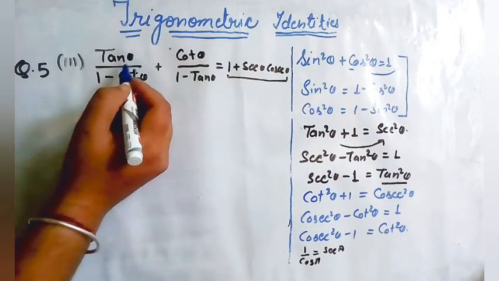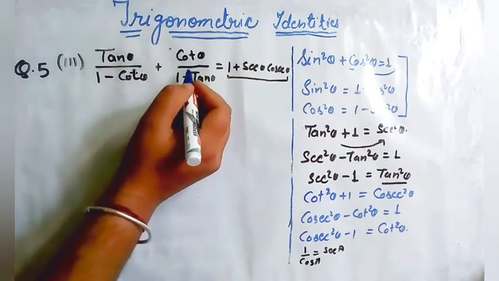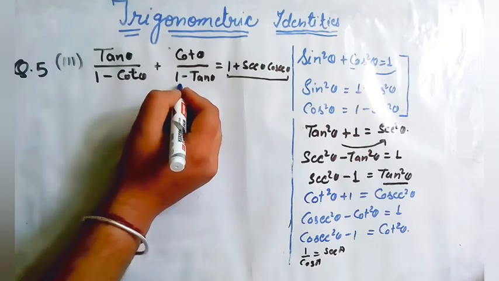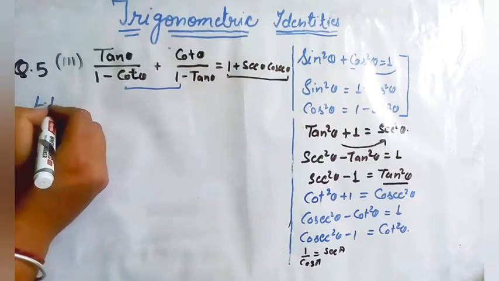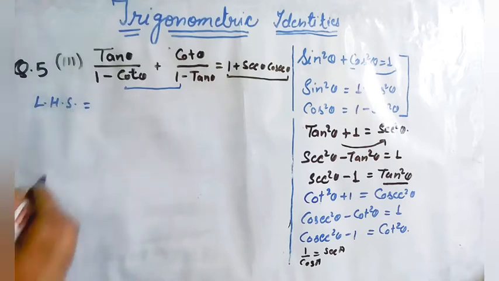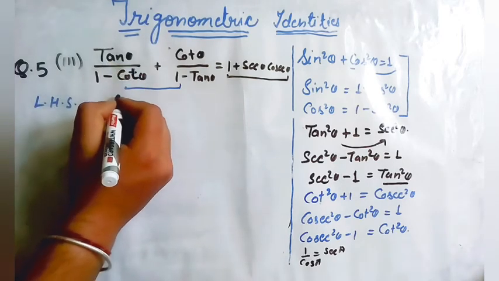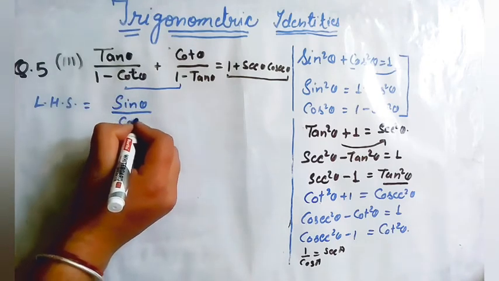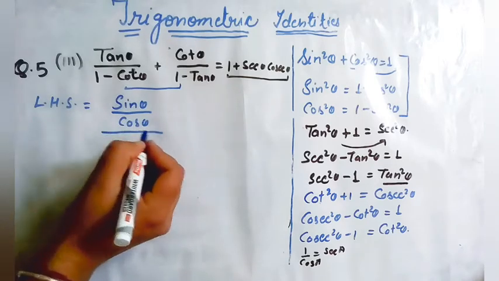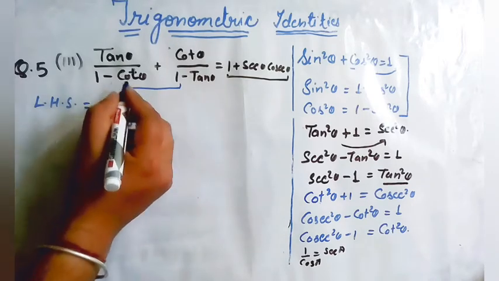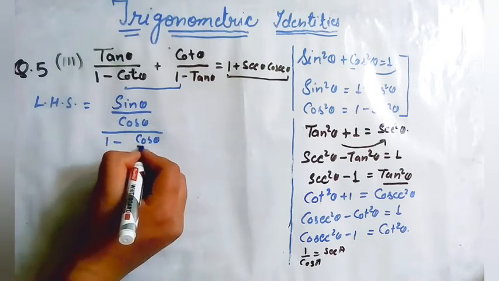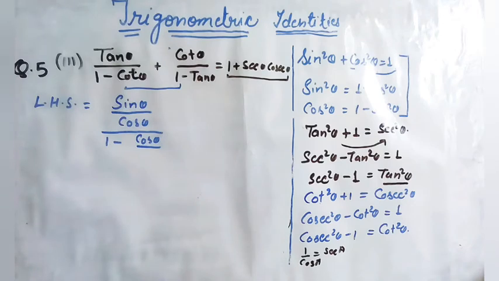So the next question is tan theta upon 1 minus cot theta plus cot theta upon 1 minus tan theta equals 1 plus secant theta cosecant theta. So remember, here first of all we have to convert them in the form of sin theta and cos theta. So tan theta can be written as sin theta upon cos theta, whole upon 1 minus cot theta, which is cos theta upon sin theta,